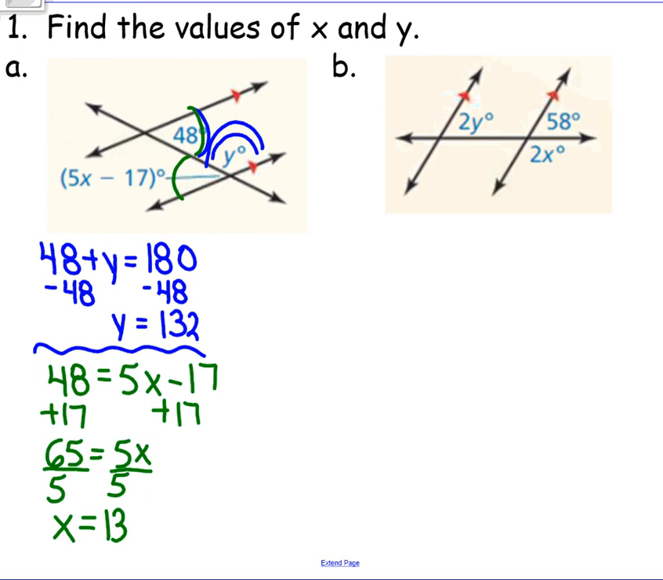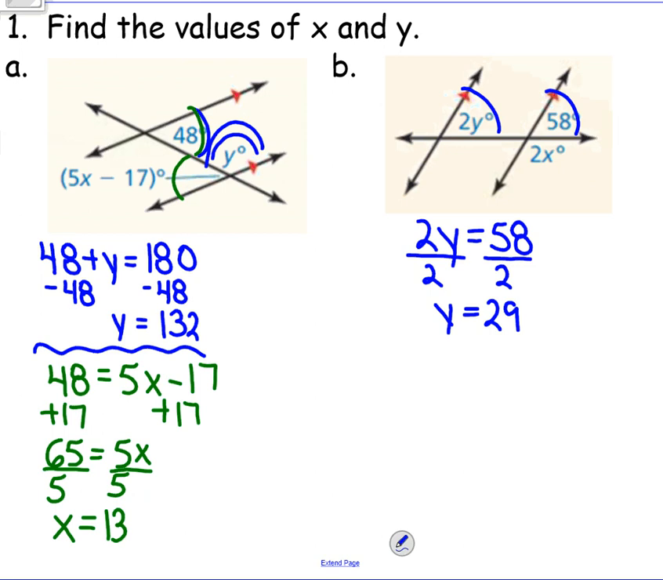Part B, I look at the 2y and the 58 in the diagram. Those are corresponding angles. And if the lines are parallel, corresponding angles are congruent. So I can set 2y equal to 58, divide both sides by 2, and I get y equals 29. The next thing I notice is that the